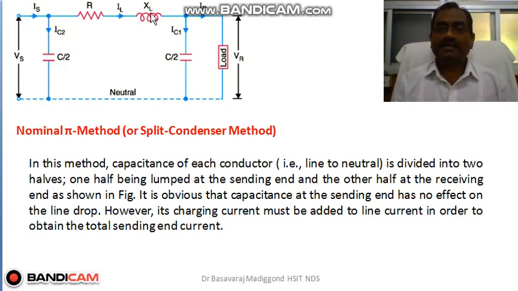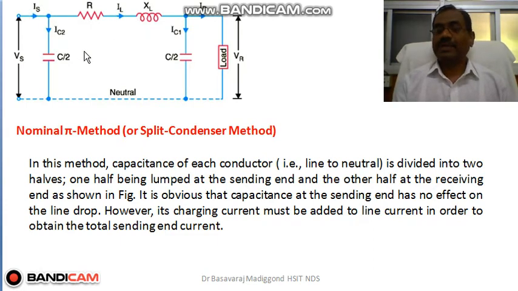R and XL are the resistance and inductive reactance of the transmission line per phase. Now IL is the vector sum of IR and IC1, and IS is the vector sum of IL and